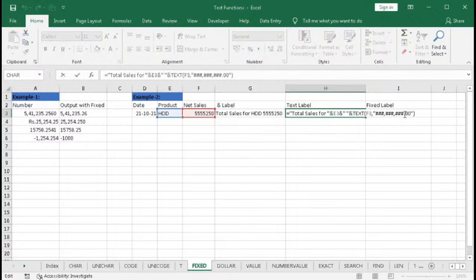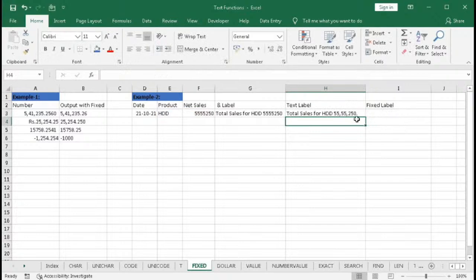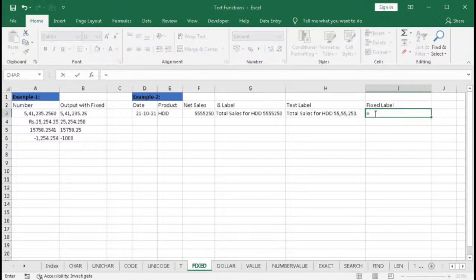But if I put here hash, then we got here 1 decimal place, that means 1 period, but there is no decimal place after this period. But with the help of FIXED, we can do it very easily. Equal to, within quotation, total sales